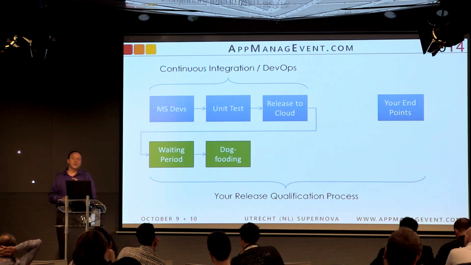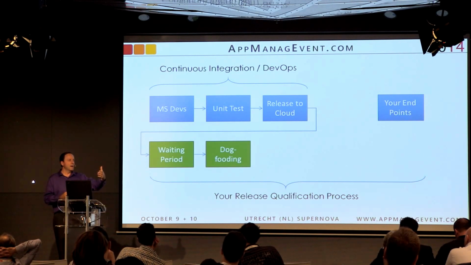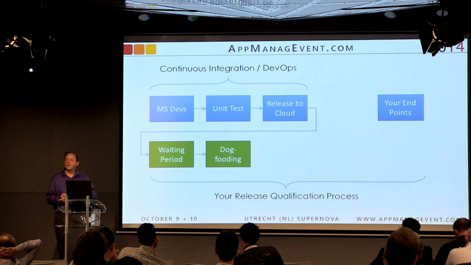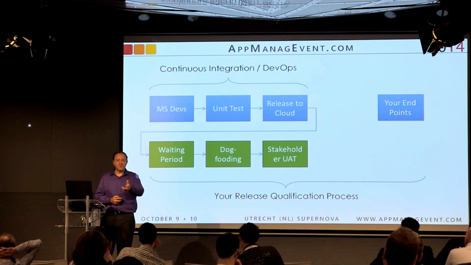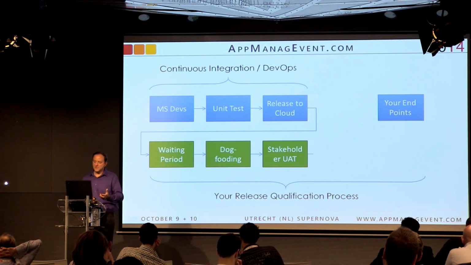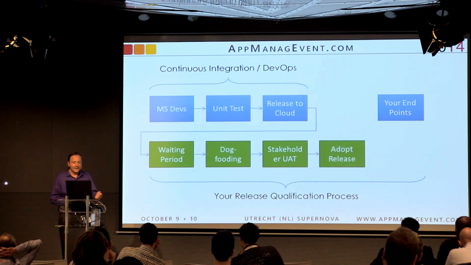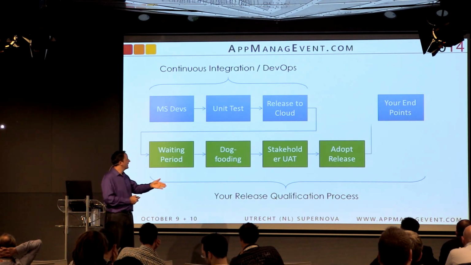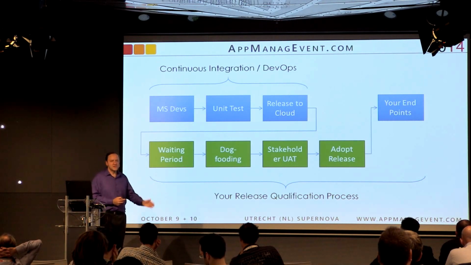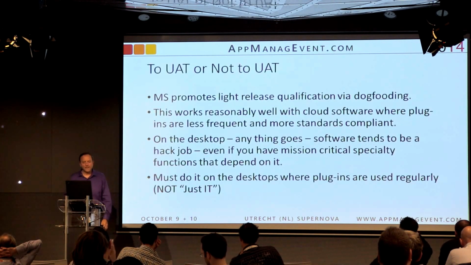There's also a lot of unknown integrations for you. Lots of stuff integrates with Office or allows you to just show a preview in Outlook when Office is installed in the right way. And so there's a lot of unknown integrations that typically don't show up until you change something major. Stakeholder UAT, so this is actual testing by people who have plugins or software that integrates with Office. And then adopt the release, so have a formal release point at which you say, I think we're good to go with this. And then using on-premise source, push to your endpoints.